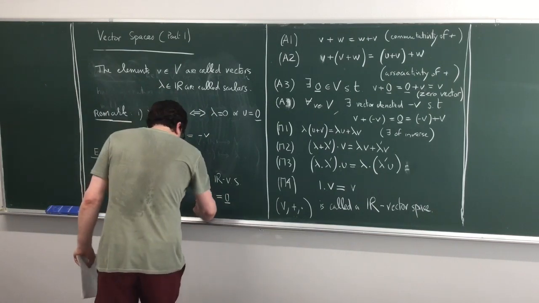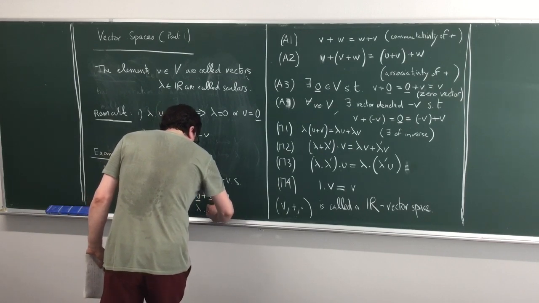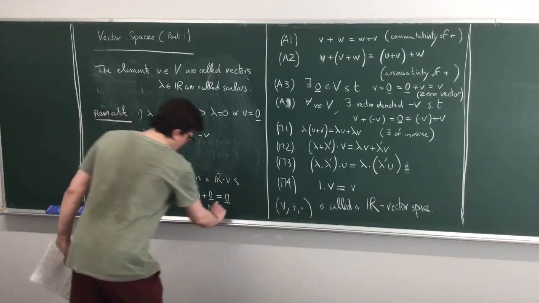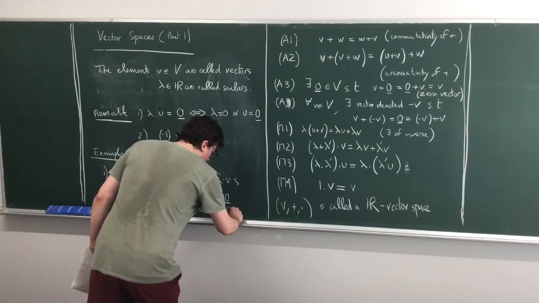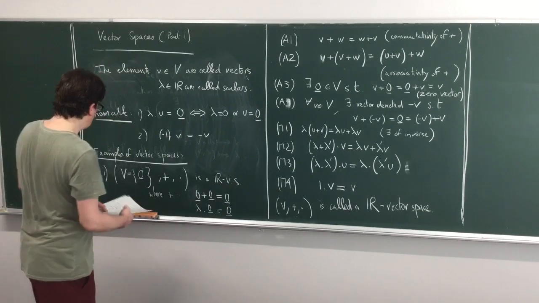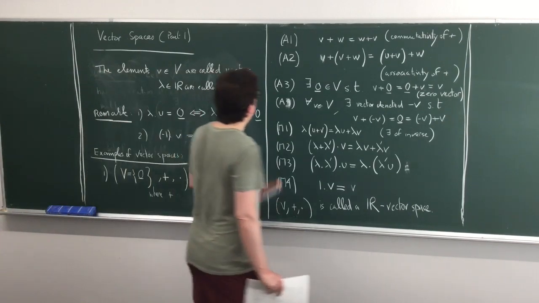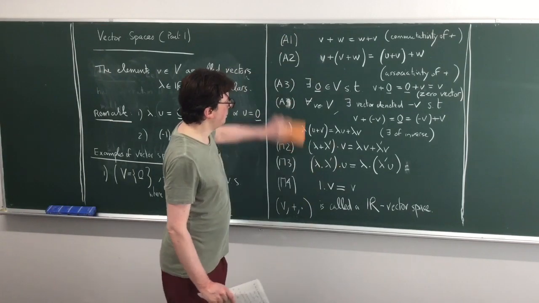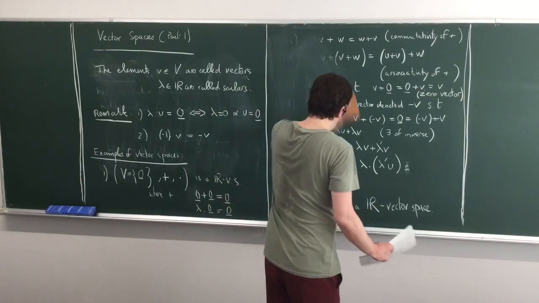And what is scalar multiplication? If I have lambda and the only vector, then I will set it to, of course, the zero vector, since it should be a vector, remember? Okay. So this is the smallest possible R vector space. Now, I will have to erase these conditions, unfortunately, but keep them in mind.